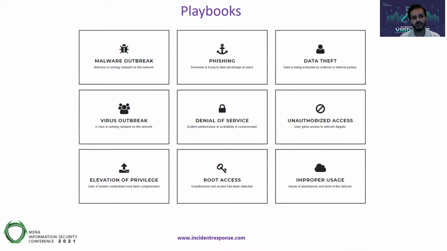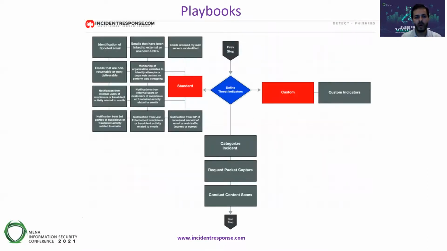Now, we talked about playbooks, so very quickly, a number of free playbooks at incidentresponse.com. There are other sites as well. Here's some of the playbooks that you should have in place. Obviously, ransomware over and above these should be there as well. Here's an example of what a playbook looks like. It's basically, I think of it as a run book or a high-level process flow. It's underpinned by standard operating procedures. So in each given phase of your incident lifecycle, you should have the basic inputs, decision points, and outputs.